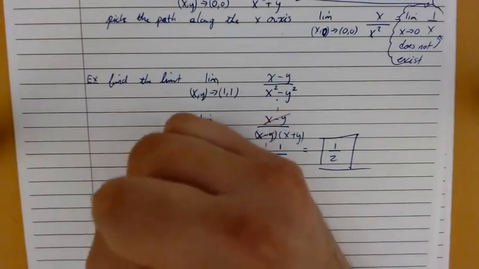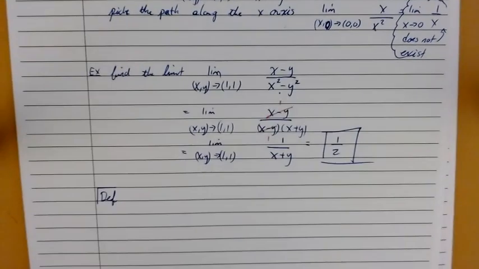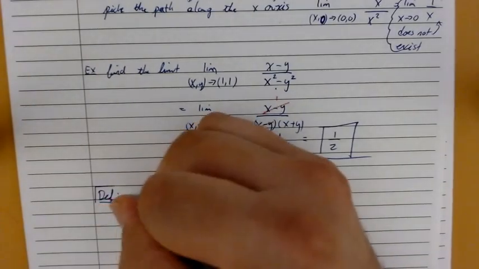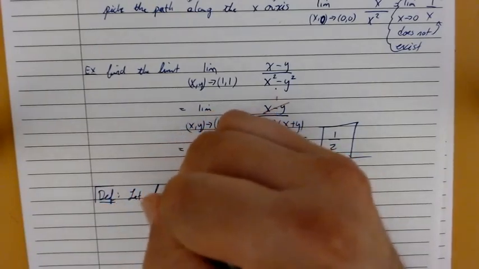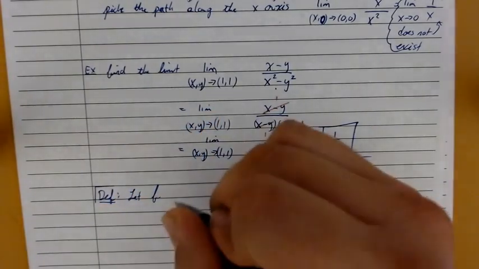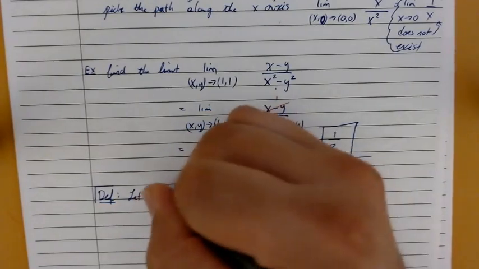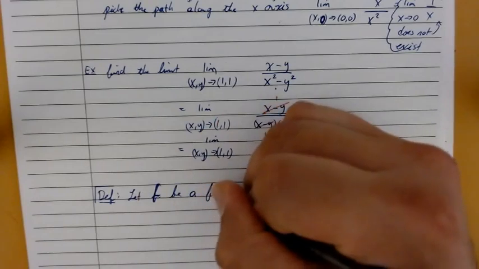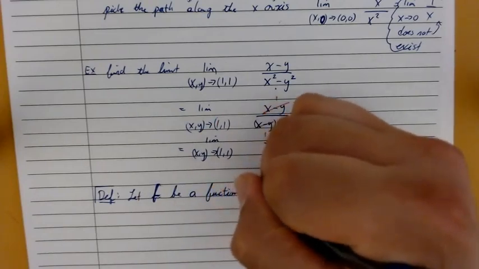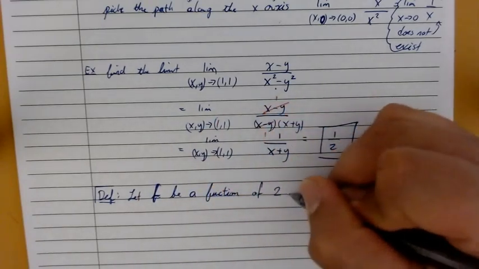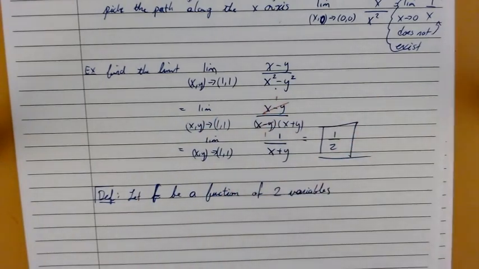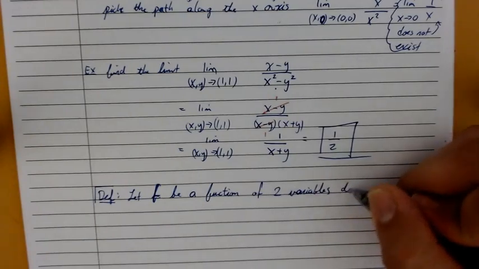All right. This brings us to our next definition. We've defined a limit. Now let's define something directly related to those limits. Let's talk about continuity. Let f be a function of two variables, so f of x comma y, that is defined